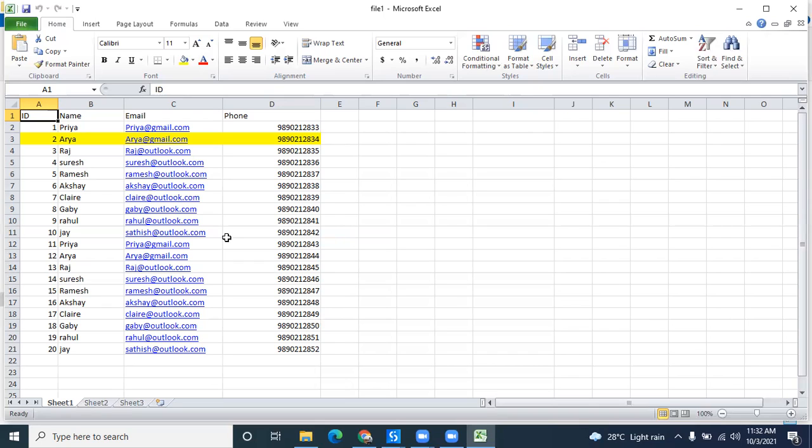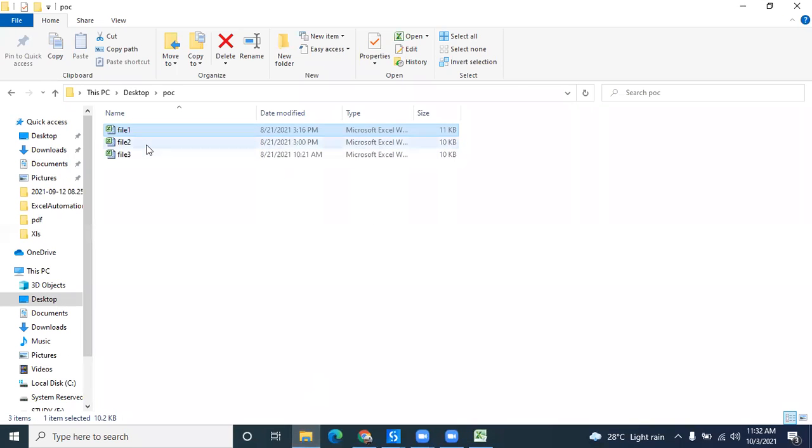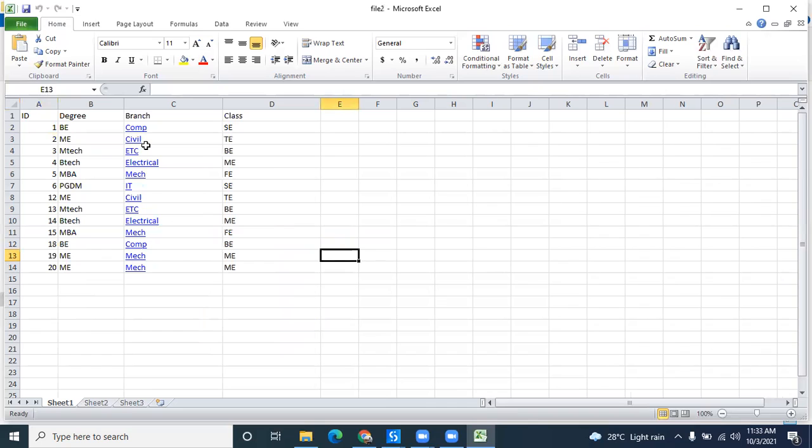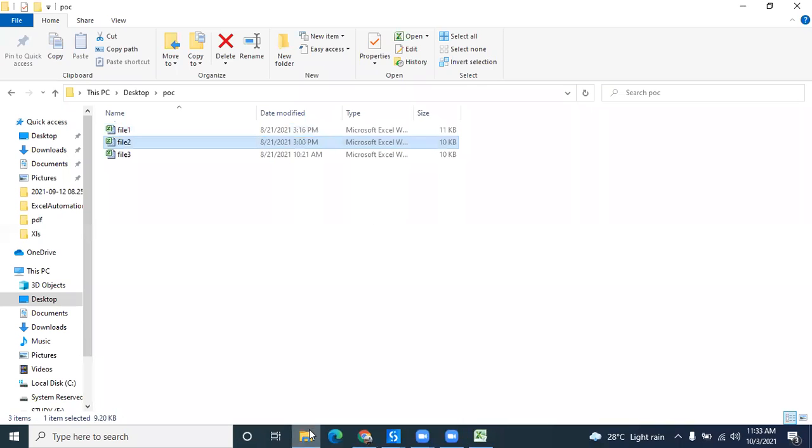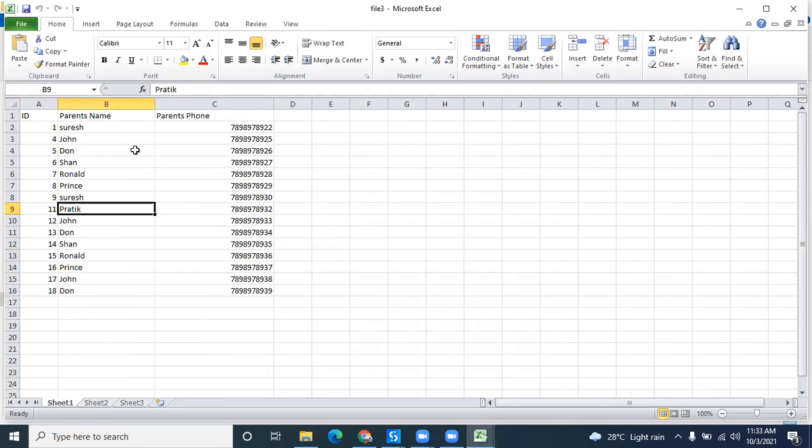Now, what is this POC? In one Excel file, I have near about 20 values: name, email, and phone number. Then in my second file, I have 13 values, which include degree, branch, and class. In the third file, I have parents' name and parents' phone number.